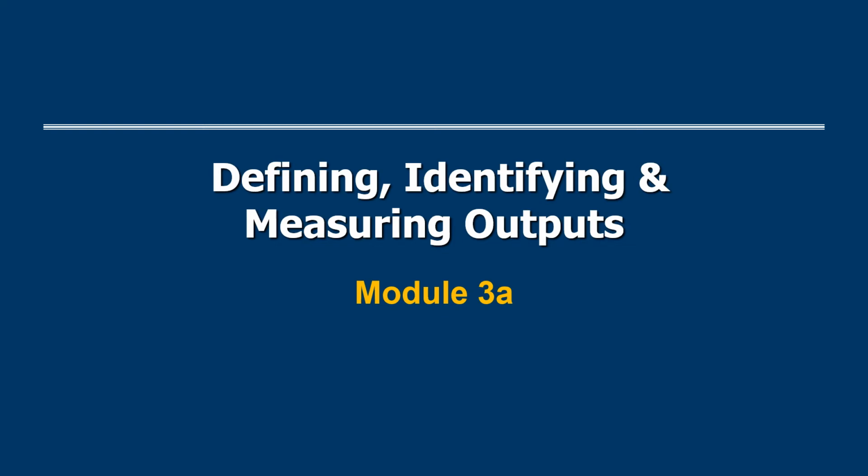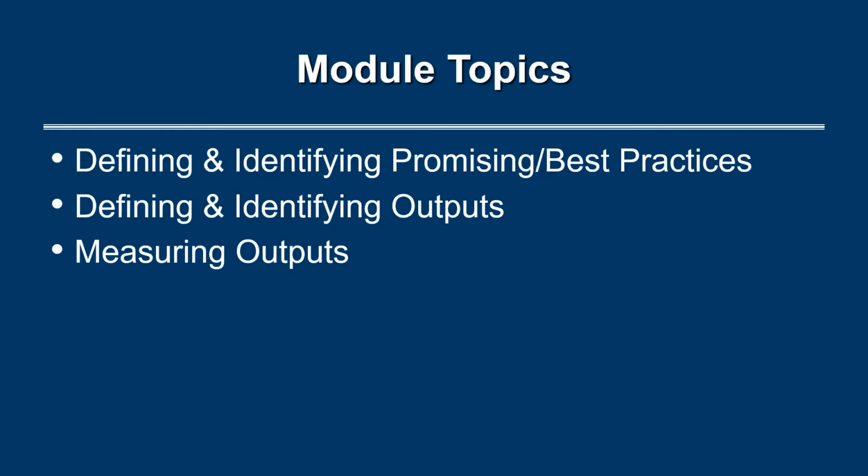Welcome to Module 3A, Defining, Identifying, and Measuring Outputs. This module will cover defining, identifying, promising and best practices, defining and identifying outputs, and measuring outputs. This module goes with the evaluation section of the proposal, where you're asked to describe the expected outputs and outcomes